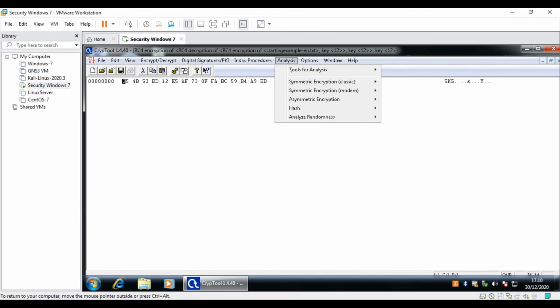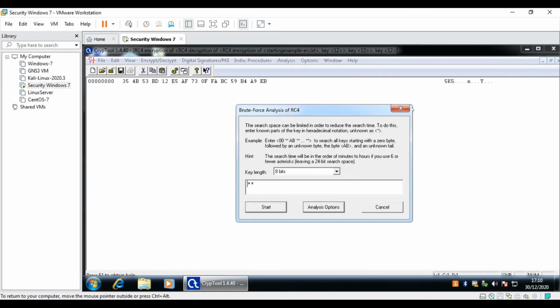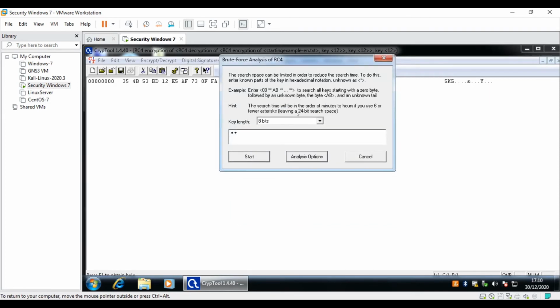I have prior knowledge that I used symmetric encryption, the RC4 cipher, and 8-bit. The only thing I don't know is the password that I used to encrypt it. Hence, I'm going to use a brute force attack, which means the system uses brute force in order to analyze the password and get the original plain text.